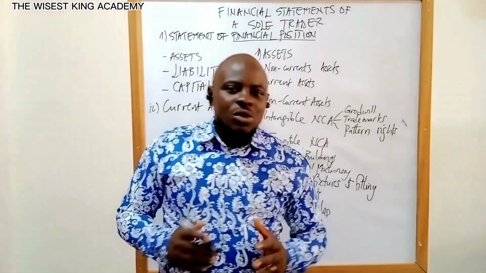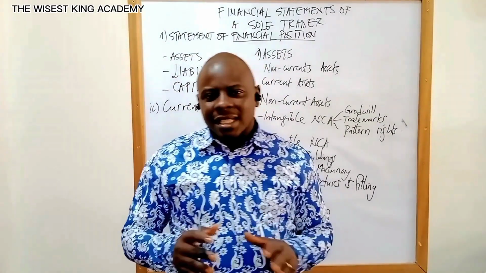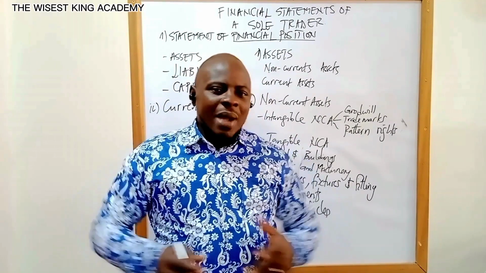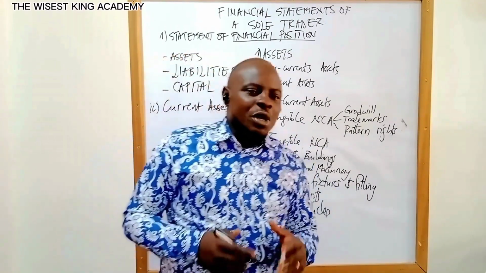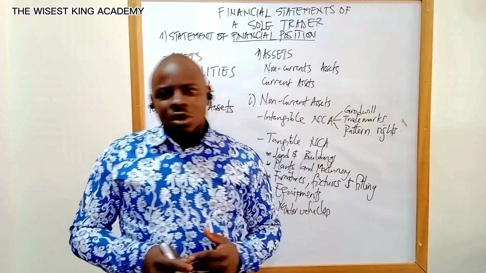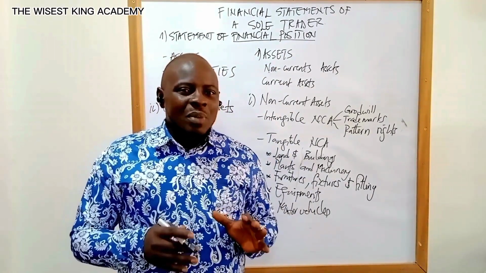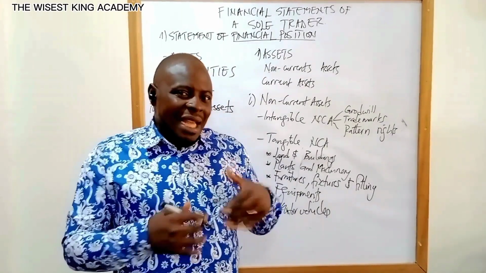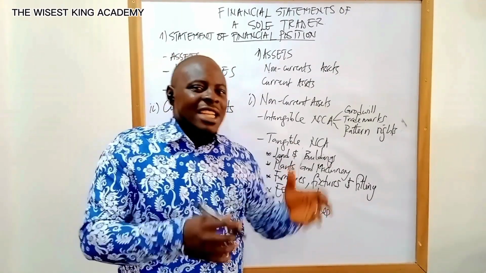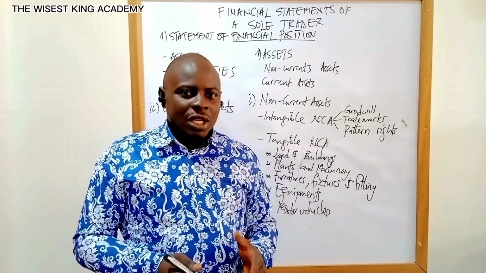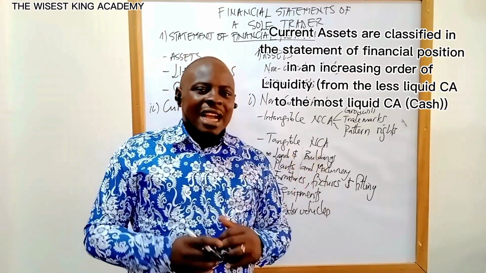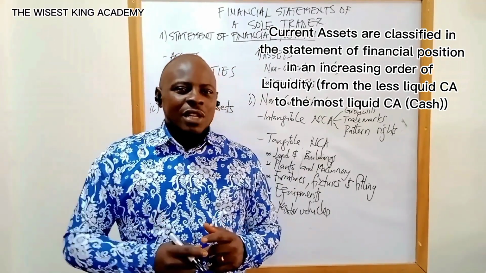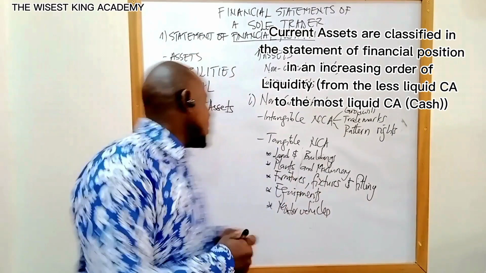Current assets, also called short-term assets, are assets that last for less than 1 year. Generally, those are assets that are held with the purpose of resale. Number one, those are assets that comprise cash and those that are easily convertible into cash. Current assets are classified in the statement of financial position in an increasing order of liquidity, starting from